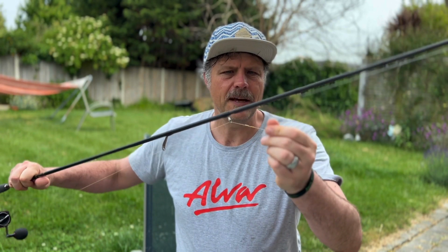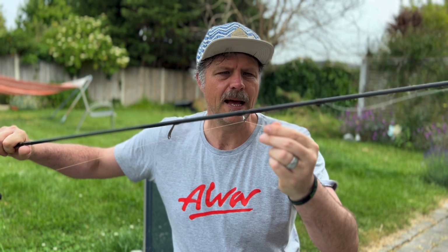Okay, so we've had a look at the FG knot. The FG knot connects the fluorocarbon leader, which is this bit here, to your braid. And the reason you use a fluorocarbon leader is twofold. Firstly, for stealth, so camouflage. So for those of you who don't know,